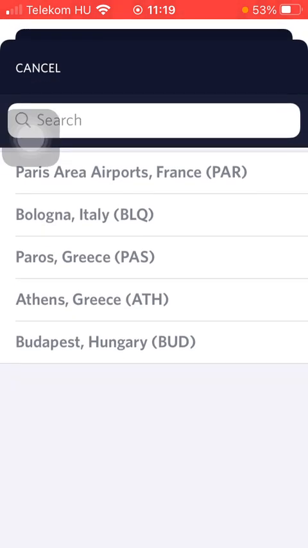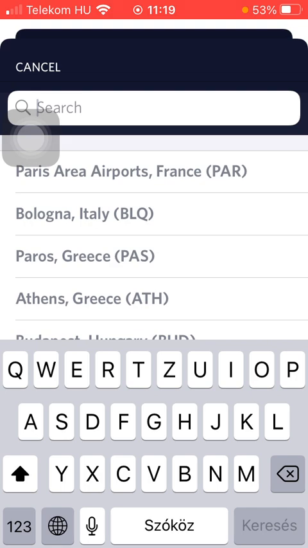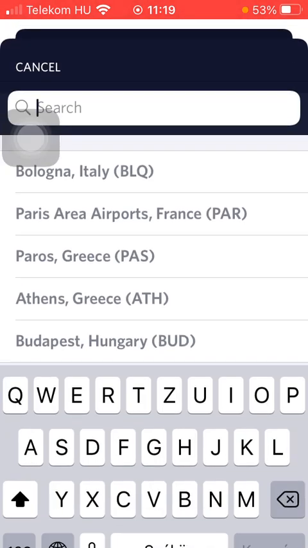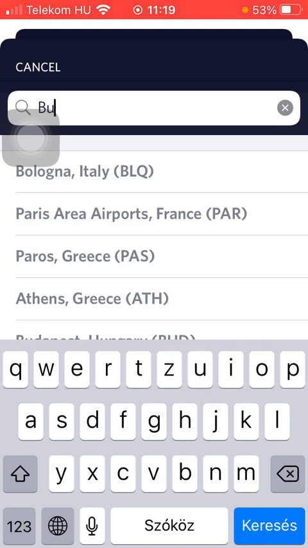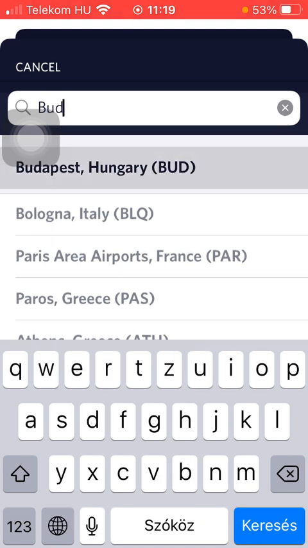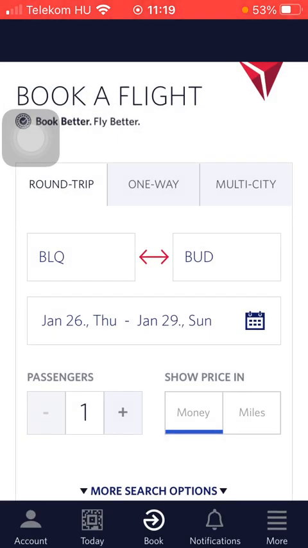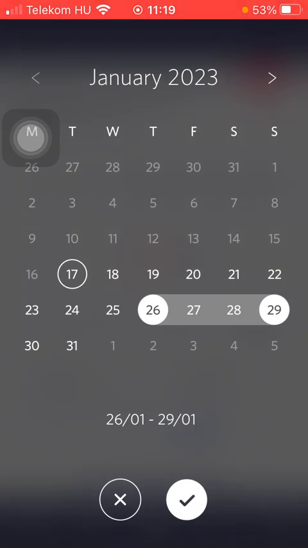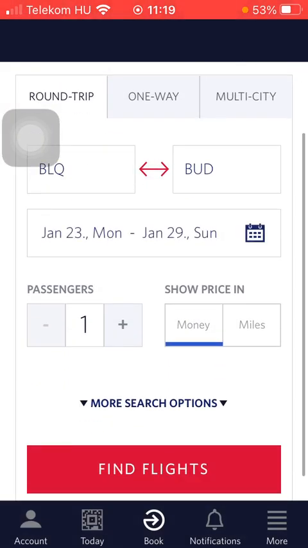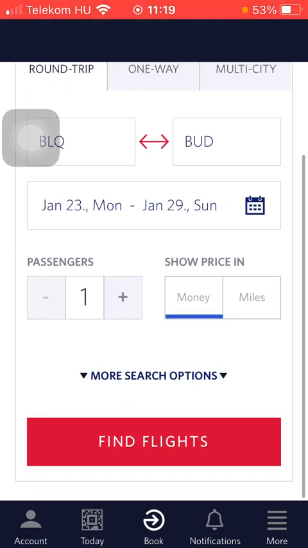Then you should select your departure point and then your destination. And after that, select the departure date and return date. Then click on the check mark icon down below, select the number of passengers and you can show price in